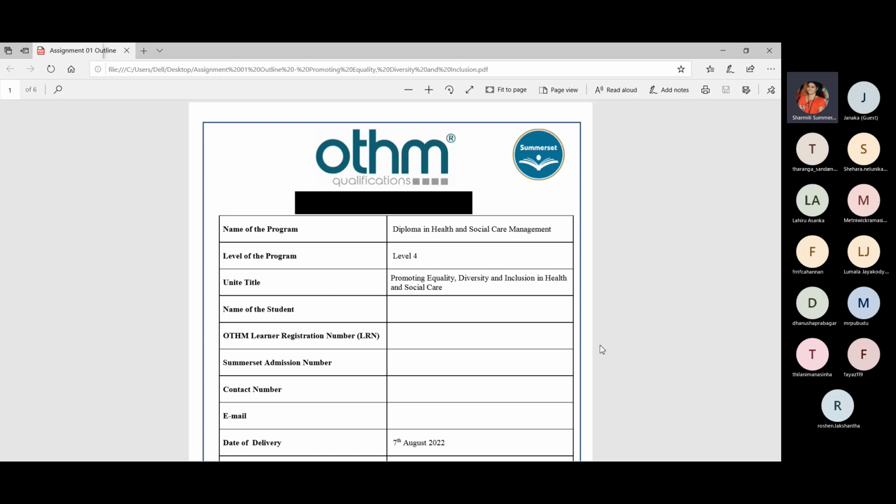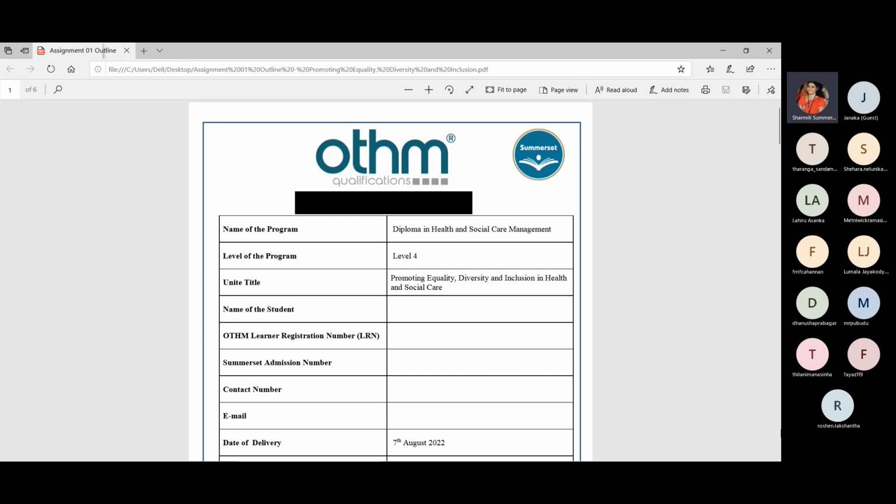Today I'm going to issue the first assignment only, as we didn't finish the contents of the second assignment. There are some more contents I need to finish. Once I finish those contents, I will issue the second assignment as well.